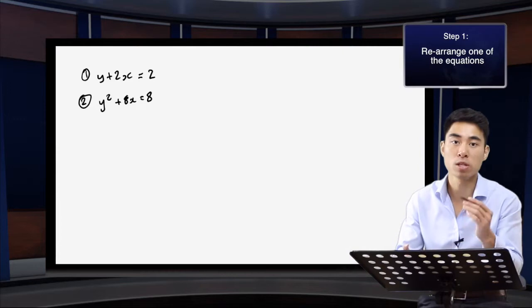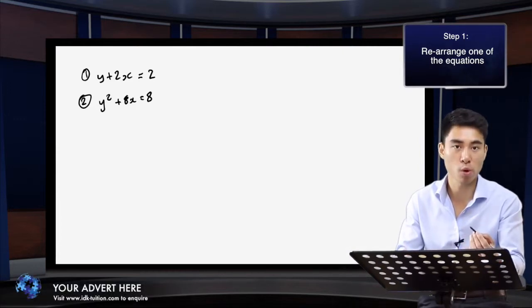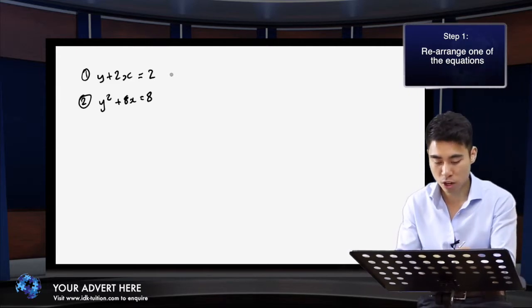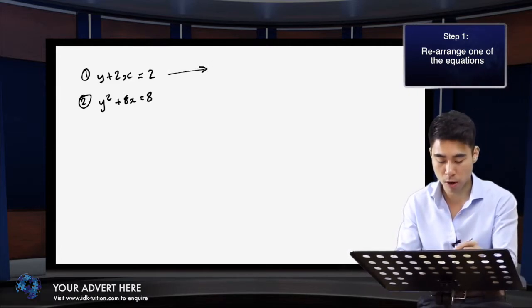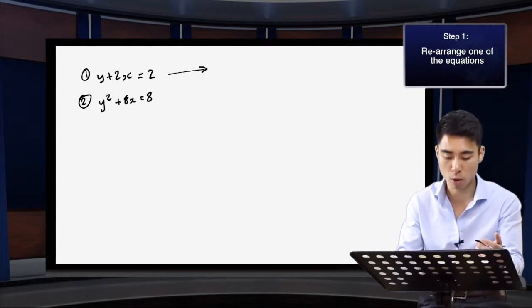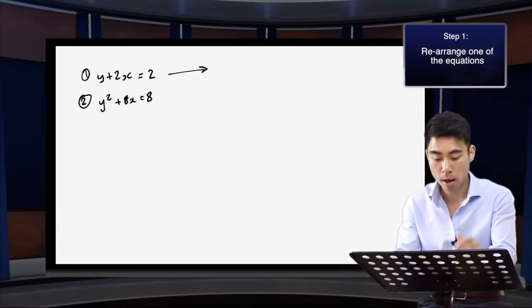So just remember, step 1, you need to rearrange one of the equations such that either x or y is the subject of that equation. So I think, generally speaking, it is easier to rearrange the linear equation. And again, it doesn't matter which of the variables you choose to make the subject of the equation. I'm actually going to make life more difficult for myself here by